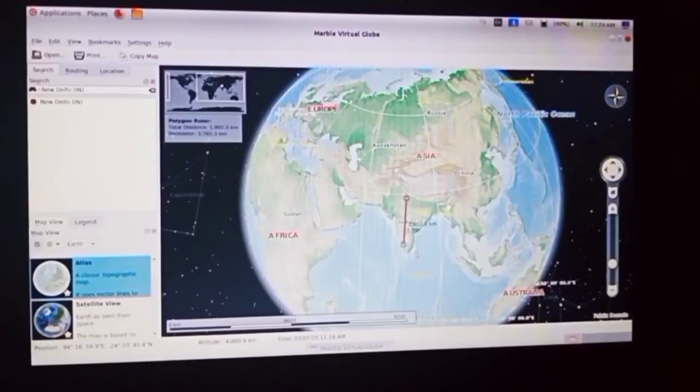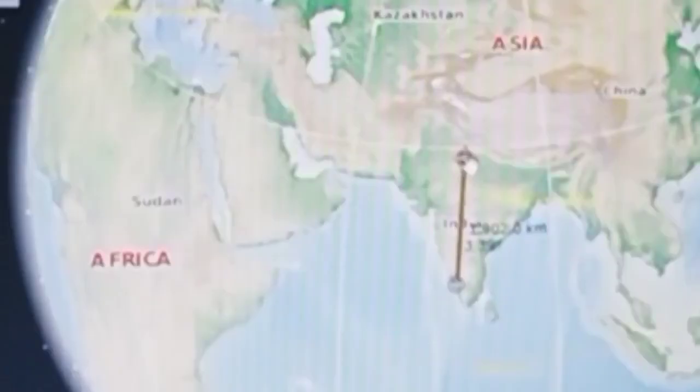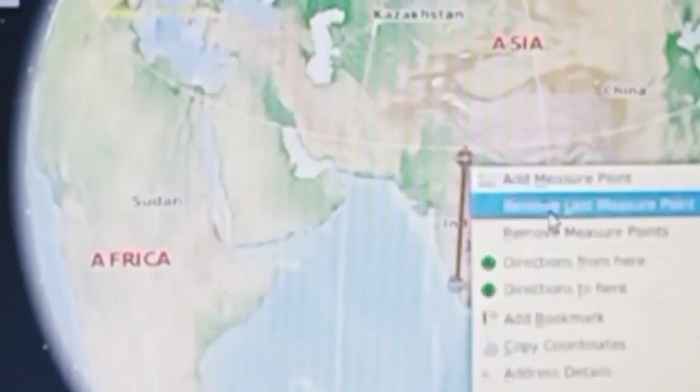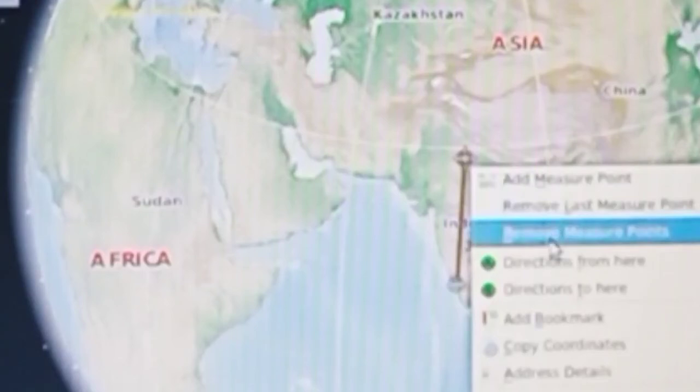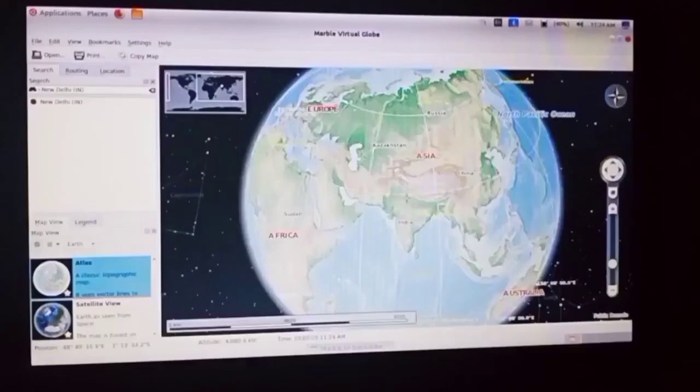Now, what is the difference between your district headquarters and state capital? So, you want to find the distance between Kalpata and Thiruvananthapuram. If you want to remove this added measuring point, you right click, then you can select remove measure points. Okay, now the measure points are removed. So here you want to type Kalpata,